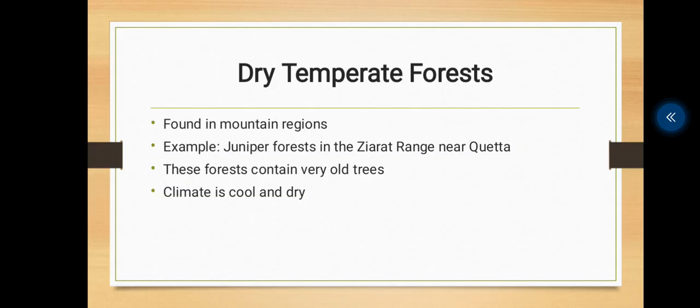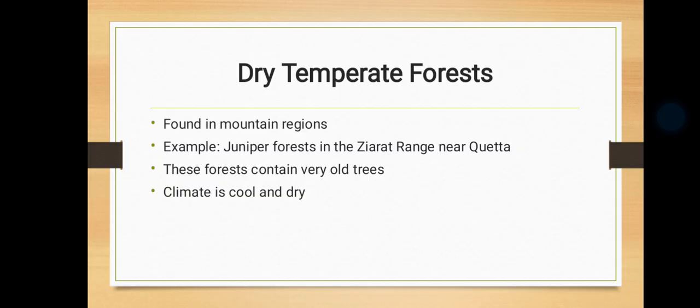Dry temperate forests are found in the mountain regions of Pakistan where the climate is cool and dry. One famous example is the Juniper forest in the range near Quetta. These forests are very special because many of the juniper trees are extremely old, some of them hundreds or even